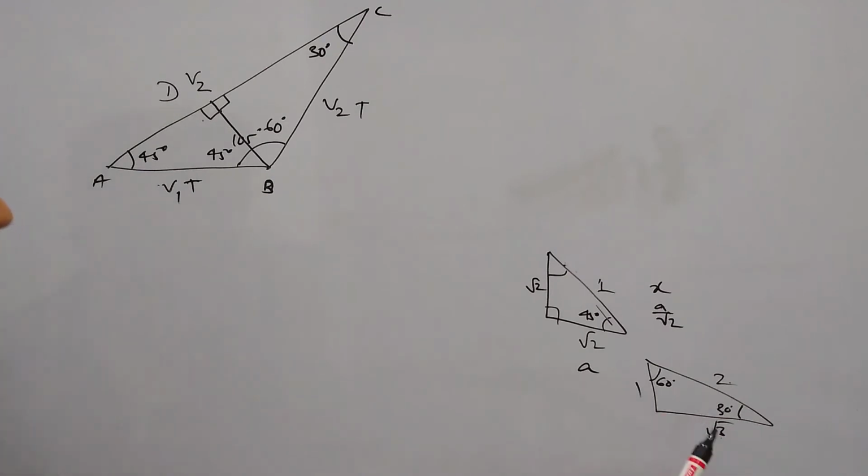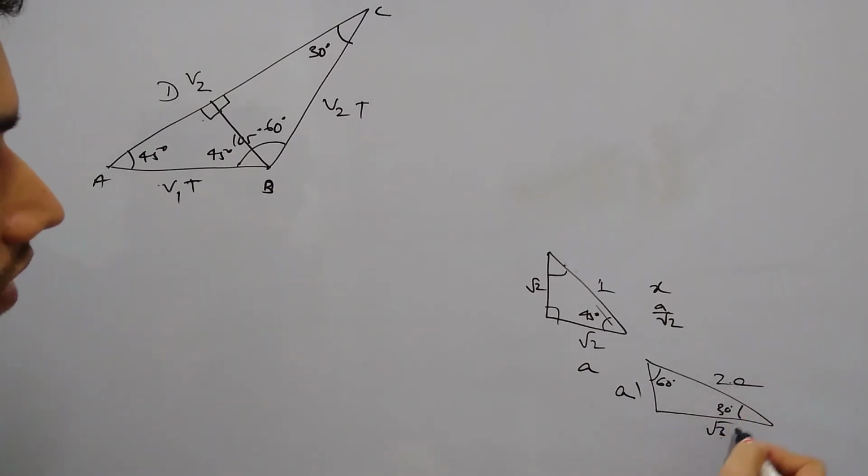So once you remember this, we can easily get any side in terms of any other side. Again, in this triangle, if you take the example, if this side is A, here the multiplier is 1, right? Then this hypotenuse will be 2A, and this will be root 3A. Similarly, if you have any other side, we can get the other side.